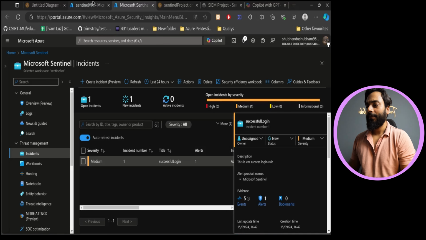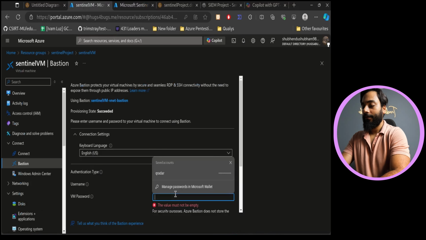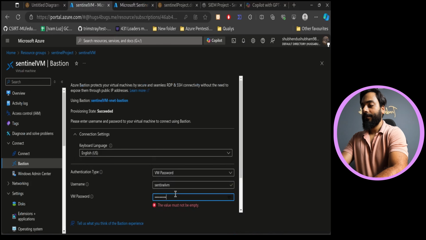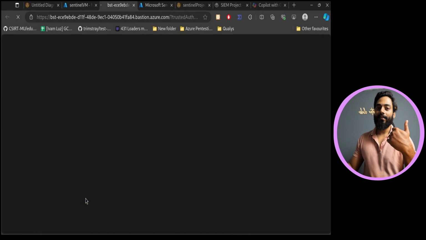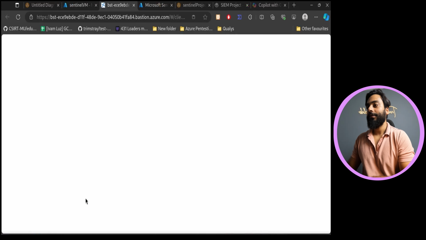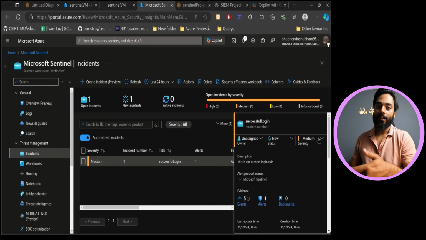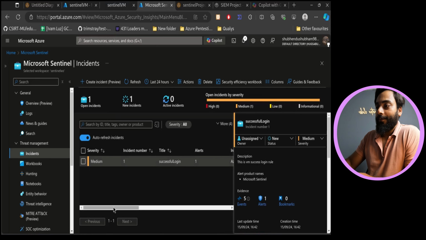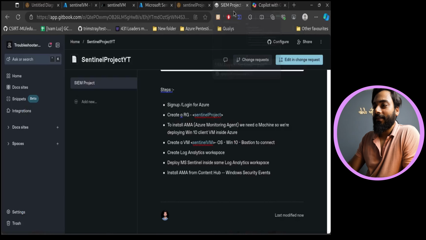Come to the VM. Give it the password. Just click on connect. So we are just re-logging into our system, and it should show us here incident number 2, like there is a successful login. If it is like that, then we have our project ready, the basic SIEM project ready, and we are going to deploy this documentation